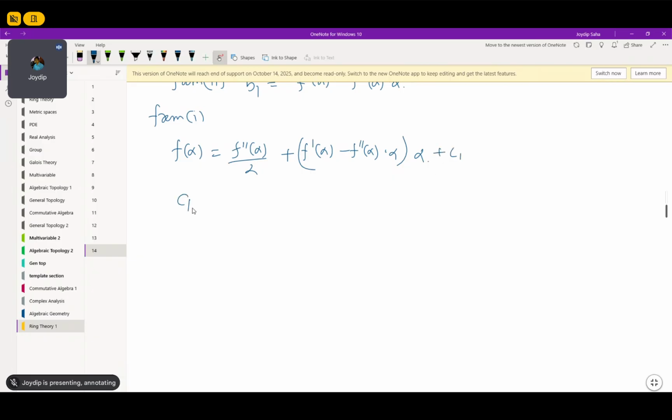So c1 equals f(alpha) - f''(alpha)/2 - f'(alpha) alpha + f''(alpha) alpha^2. This is just some calculation. So the remainder is,